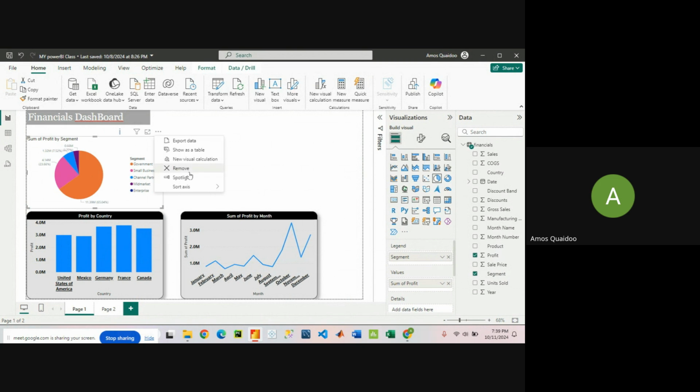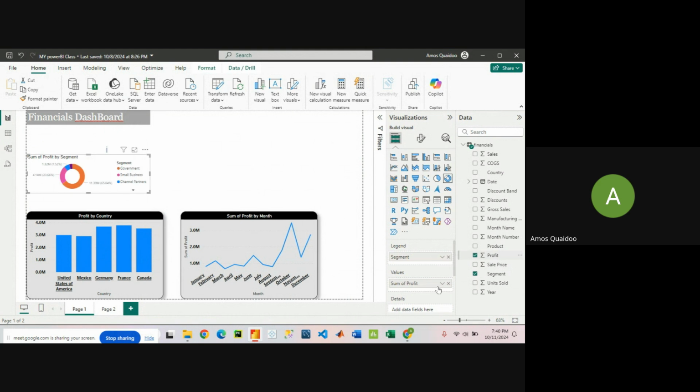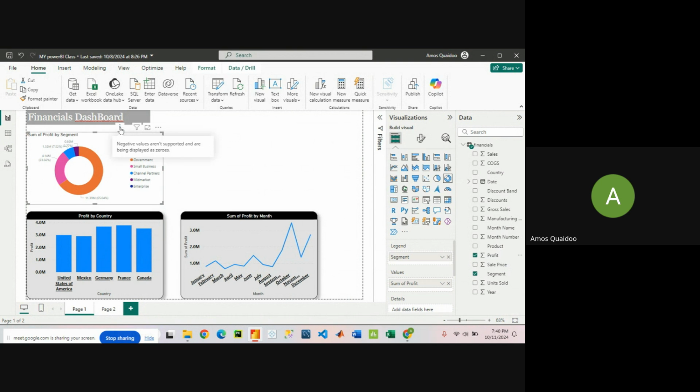Let me do it again. Segment here, and then profits here. Okay. Now, this particular chart,